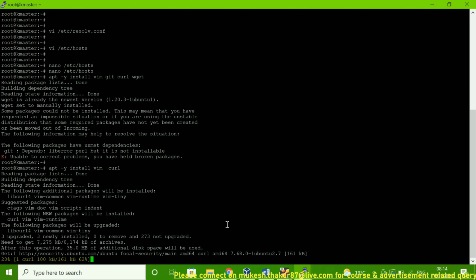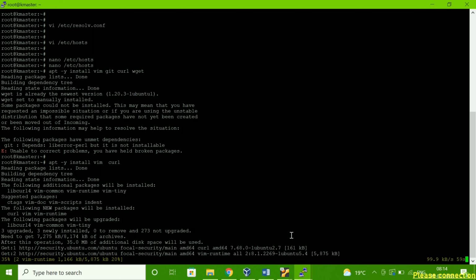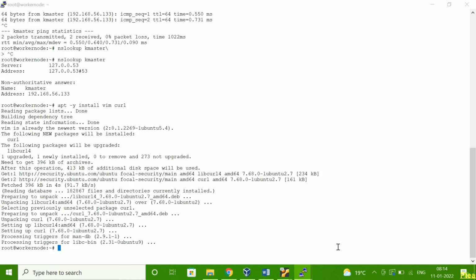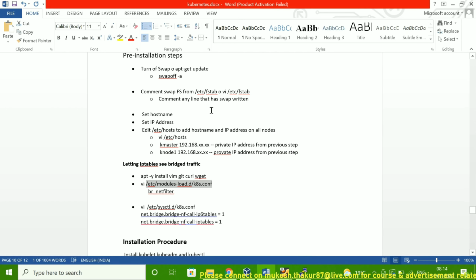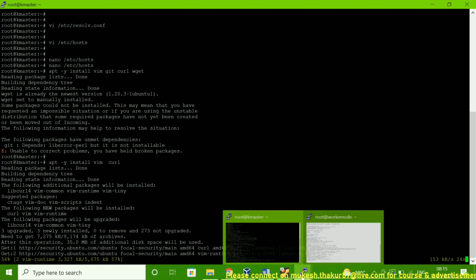Okay, fine. Now we have to add this file on both machines. If you have more than one worker node, you can do the same thing on every worker node. If you have one more node, that's fine.